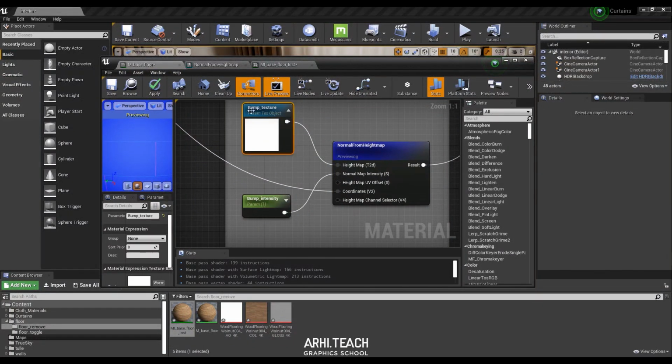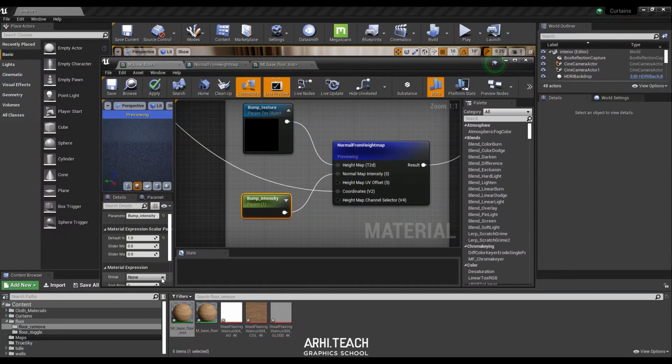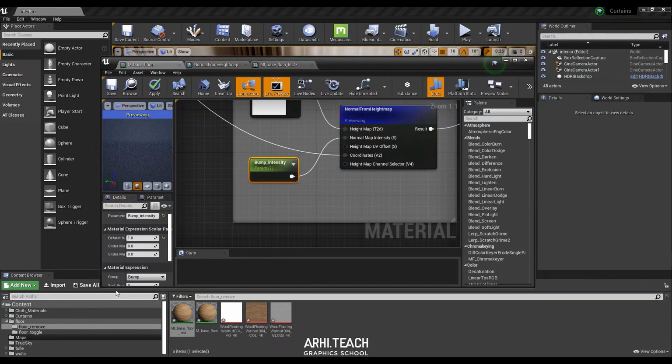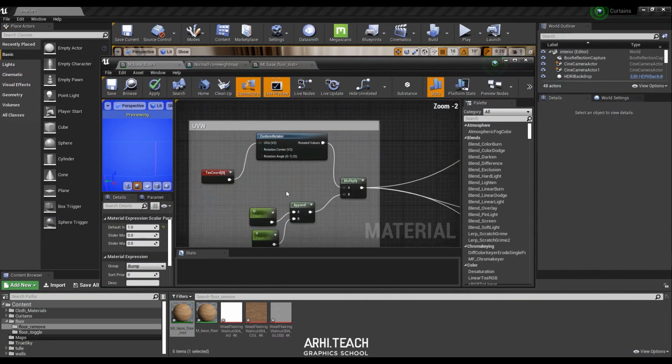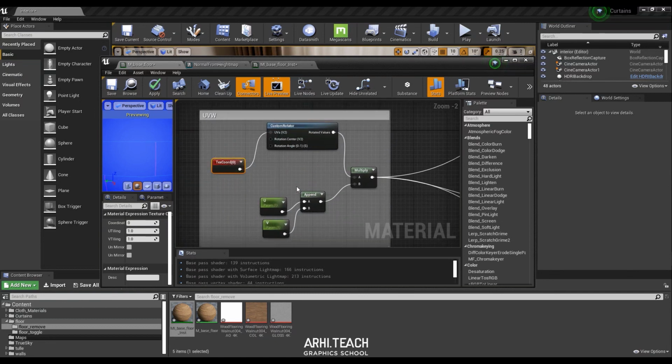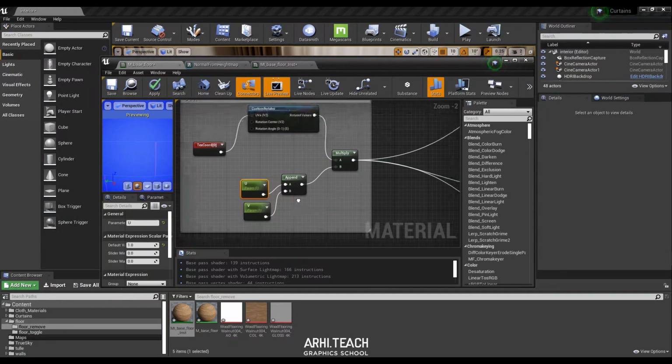So now here we need to select bump texture. Relief groups, and here we also need to do it in the same way as before. Bump, sort priority, let it be the first. Intensity will also be bump. Bump intensity will also be bump. And here sort priority doesn't matter. And next, we also have a UV group.